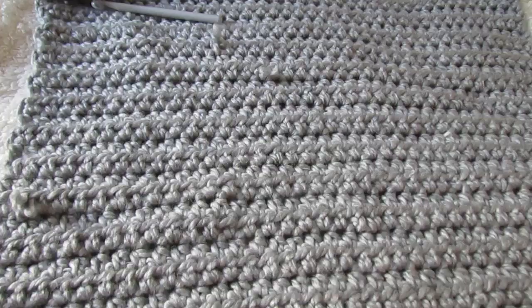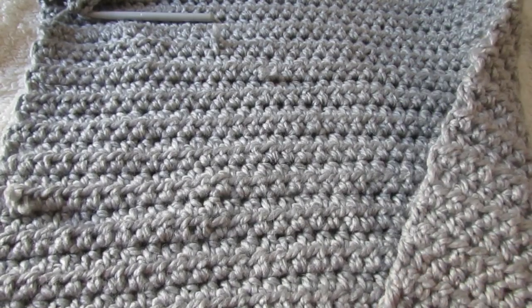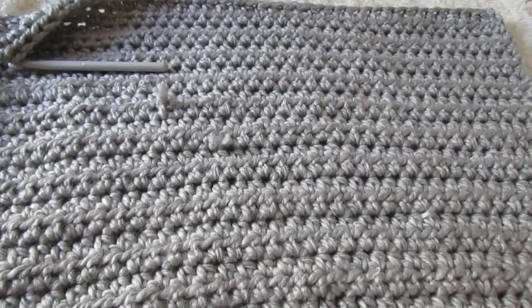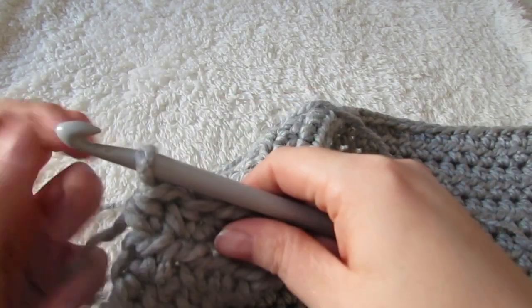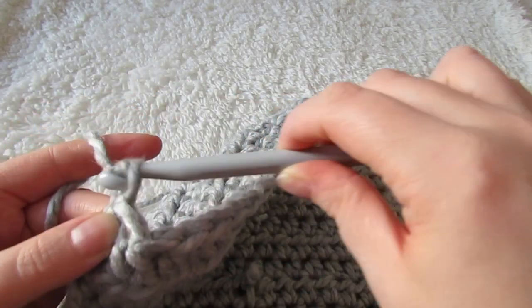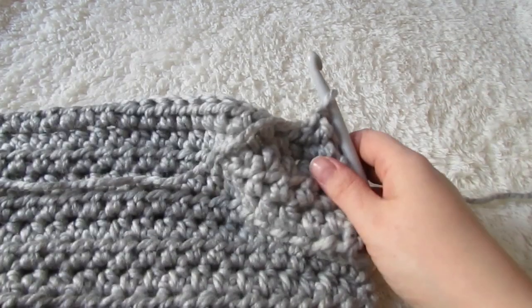And then you're going to repeat this row over and over again until this square measures about 22 inches. If you want it longer, add more rows. So when you come to your very last row, you're going to chain 1, and then you're going to turn your work,